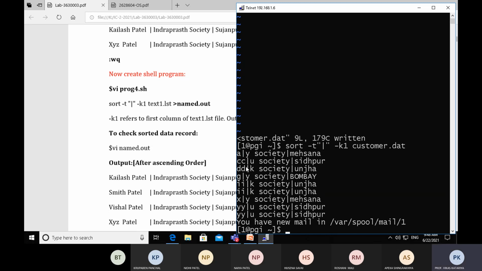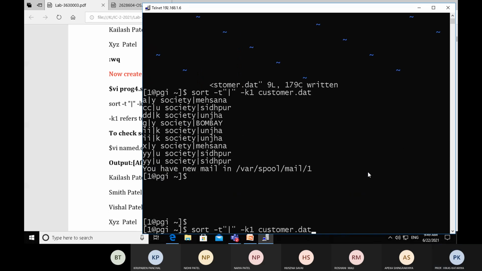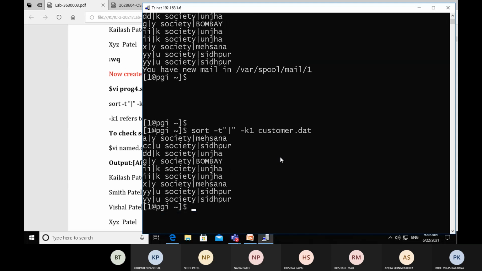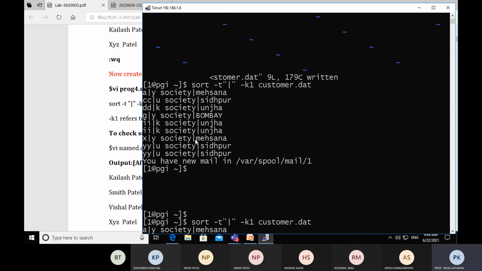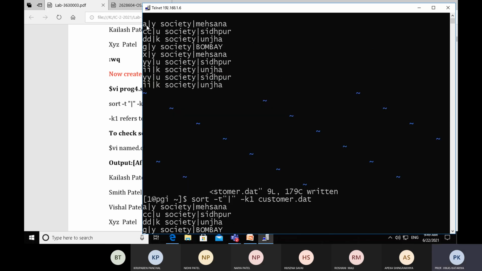Now, as you can observe in the terminal, it is arranged alphabetically in ascending order: A, double C, double D, G, I. Previously the records looked like that.